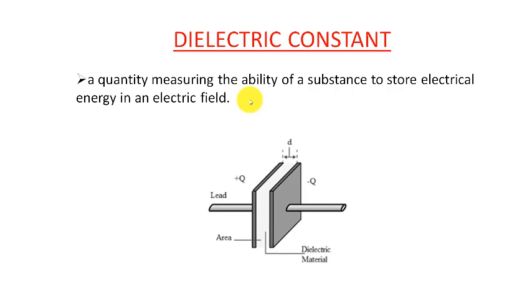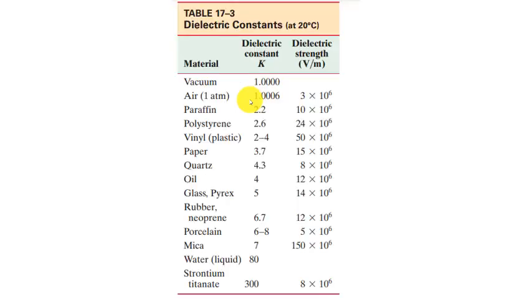So in our environment there are many dielectric materials available. Out of them I will show you a few in the next image. Every material that exists in nature has some dielectric value. Some of them I try to show you here. This is the dielectric constant table for different materials.